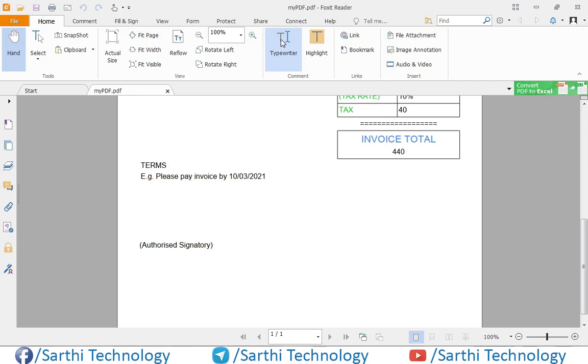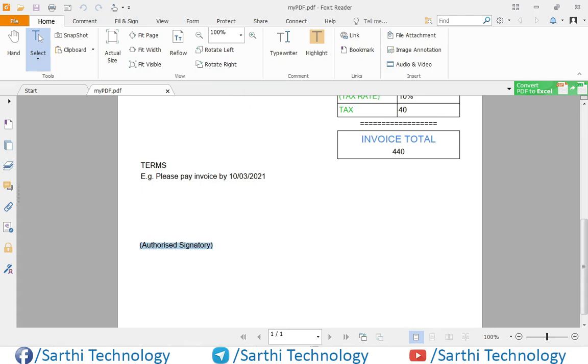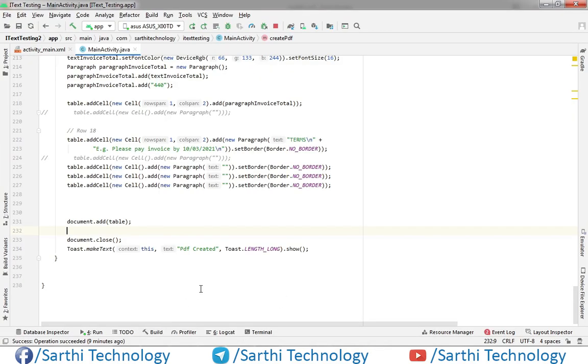So what we'll do, just copy this text, and here after this table we will add one paragraph.